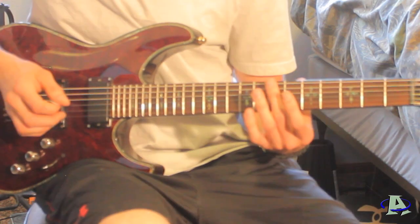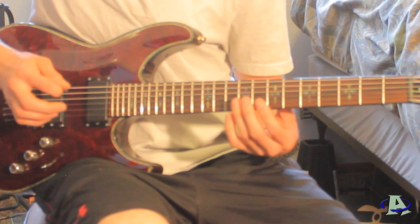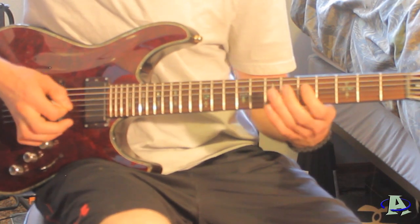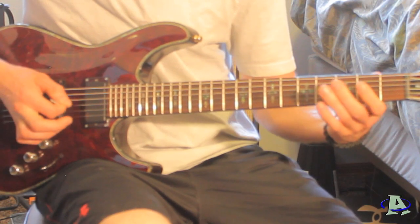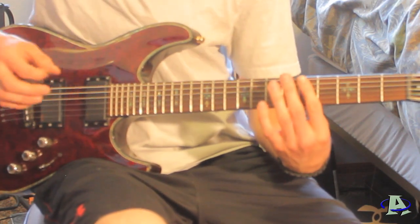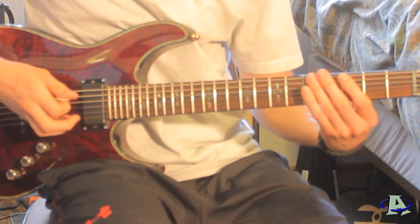They're not that hard. And you'll notice like halfway through the last part, he lifts off the palm mute, so he's not palm muting anymore. So it sounds like... And then it repeats again like that, but you can hear he lifts off the palm mute, so it's not palm muted anymore. Okay, and then there's another bridge at the end, that part that goes like...